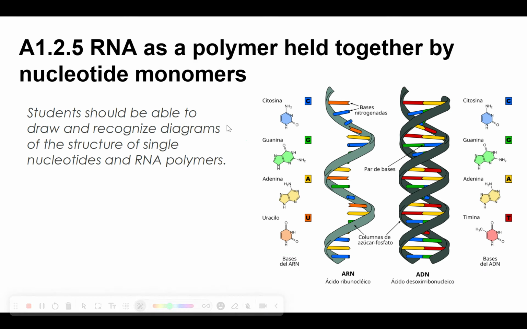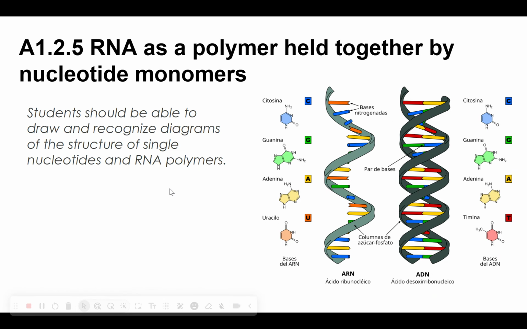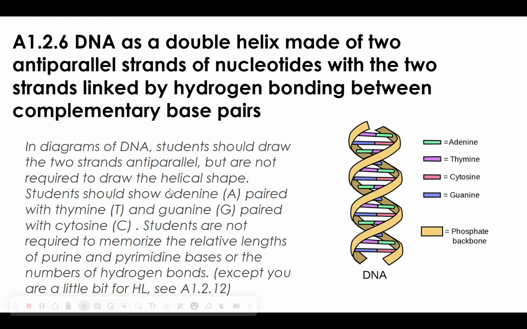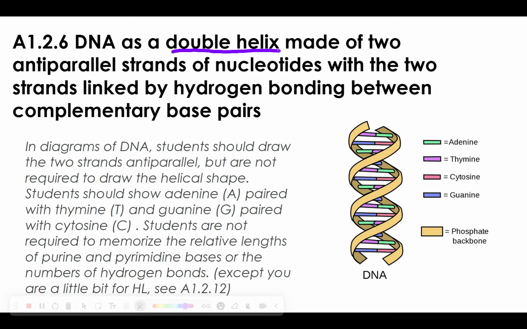So if we're going to talk about drawing and recognizing RNA polymers, we also have to talk about drawing and recognizing DNA polymers. And DNA is a little bit more complicated, and they go into a little bit more detail. Let's go purple, I think, for DNA. There we go. So DNA is a double helix made of two anti-parallel strands of nucleotides,